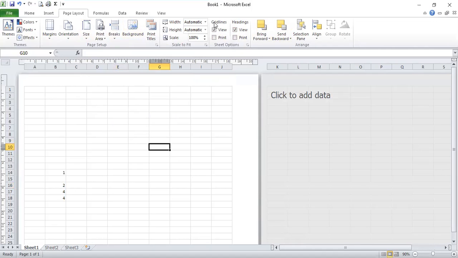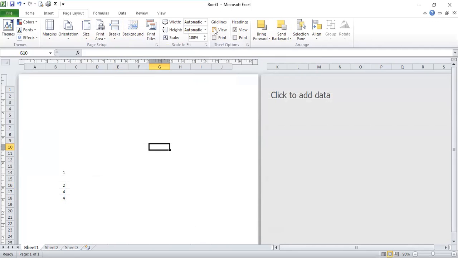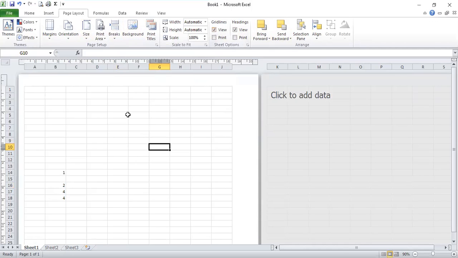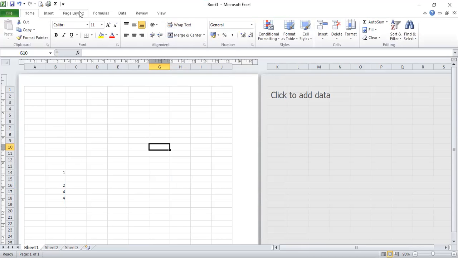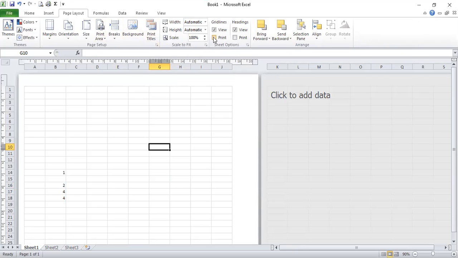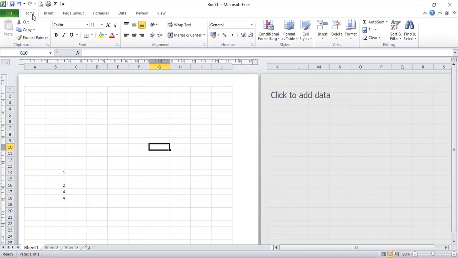Then this is grid lines option. View पे क्लिक करें, किया हुआ है, व्यू हटा देंगे तो आपको लाइंस दिखनी बंद हो जाएंगी. व्यू से आपको ये लाइंस दिखेंगी, ग्रिड लाइंस. ऐसे ही when you go with the print option, यहाँ पे आपको लाइंस नहीं दिखती हैं बाय डिफ़ॉल्ट, और अगर यहाँ से हम प्रिंट को सेलेक्ट कर लें तो प्रिंट आउट में भी आपको लाइंस दिखेंगी, राइट.